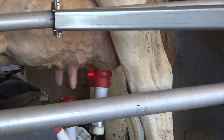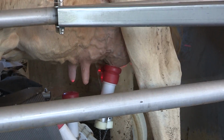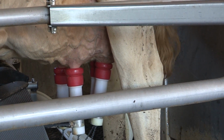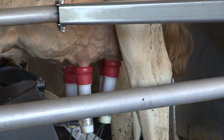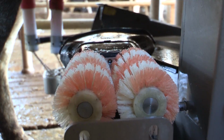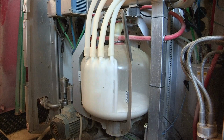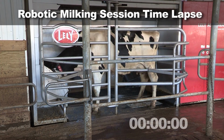During the milking process, it's measuring the temperature of the milk, the color of the milk, and the conductivity of the milk, which helps determine the quality and if there's any concerns that we need to address with the cow. As she completes her production, she's finished. It removes each teat cup individually, and when all 4 are complete, it sprays a protective barrier on her udder